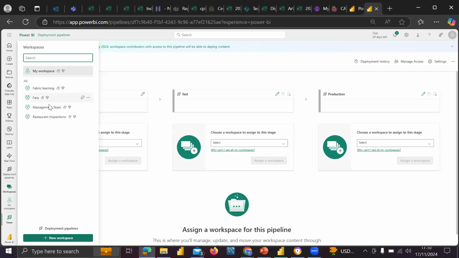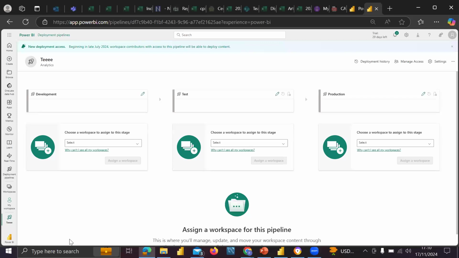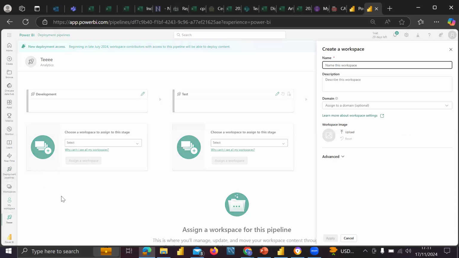These are all the workspaces that I've created over time. You can create a new workspace yourself from scratch. So let's create a workspace for ourselves. When creating a workspace, you need to put in the name. What's the name of your workspace? Let's name it as